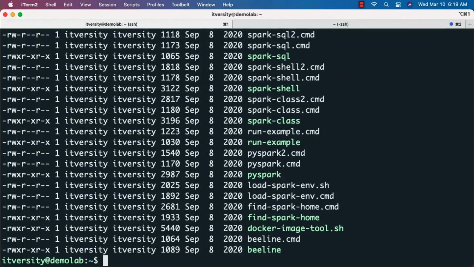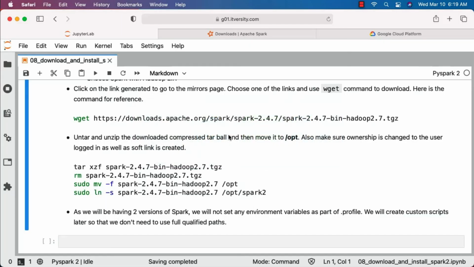We should be able to use these commands to launch Spark either by using Python or Scala or SQL. We will take care of the validations after configuring Spark. We need to take care of configuring Spark first so that we can launch those CLIs, and hence for now I'm not covering the validation part. We have just downloaded and installed Spark 2 related binaries on this single node cluster. Let's go back to the material and see if we have to take care of any other tasks before we conclude this. That is it for now. We'll take care of configuration as part of the subsequent topic.